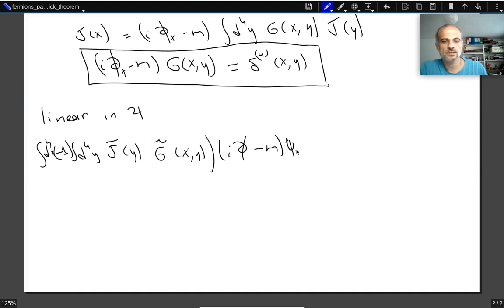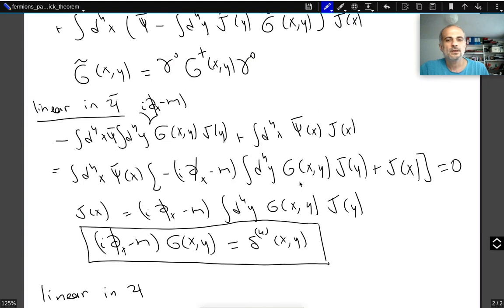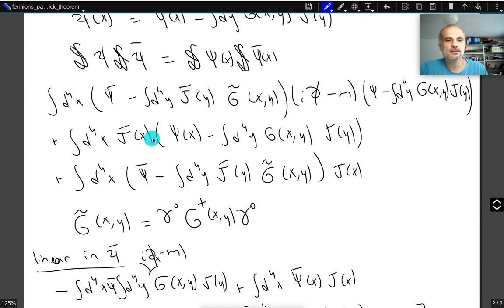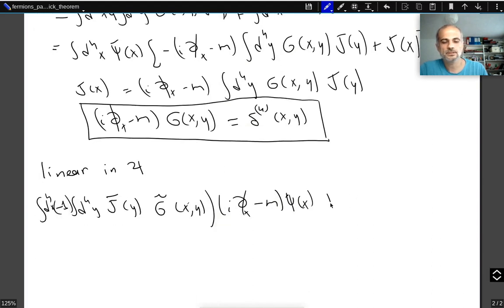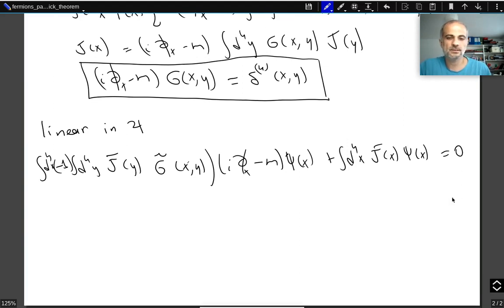Here there is the psi of x, this derivative with respect to x. And the other term linear in psi is this one over here, plus d⁴x j bar of x psi of x. We also want this to be 0 if possible. Now let's see, in order to be able to simplify this expression even further, note that here we have the